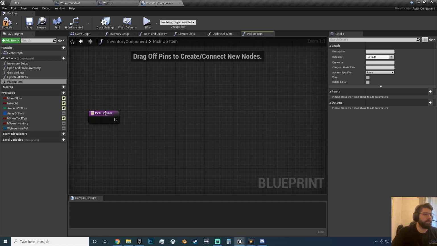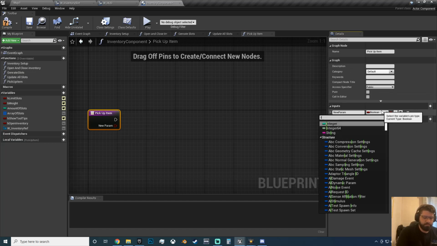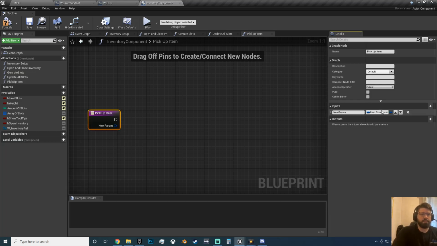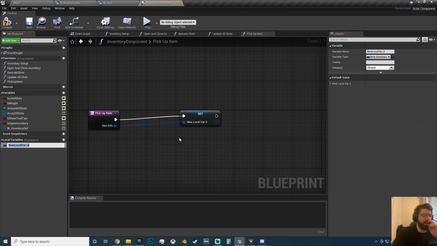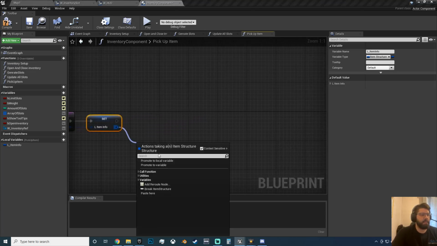So this needs an input of item structure, and it needs to be called just item info, and promote that to a local variable so you're not dragging wires everywhere. Just go L underscore item info, and then in here break it,